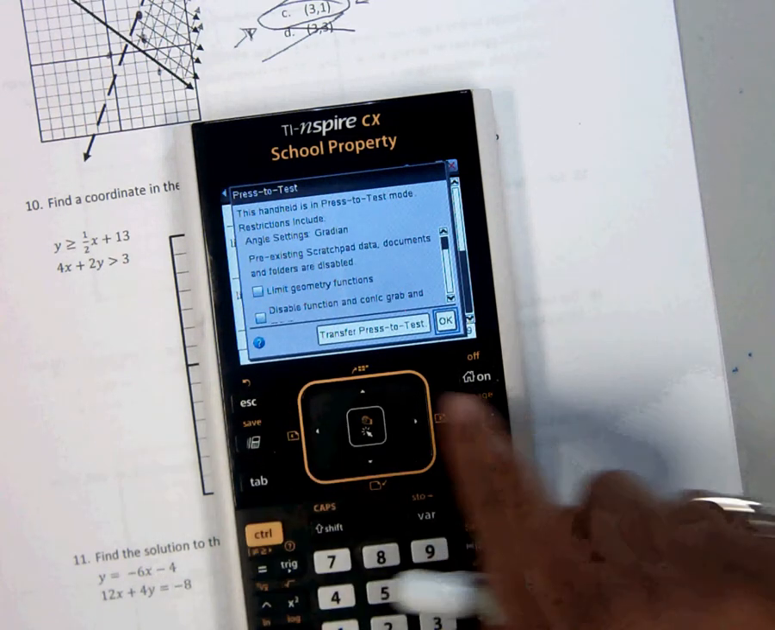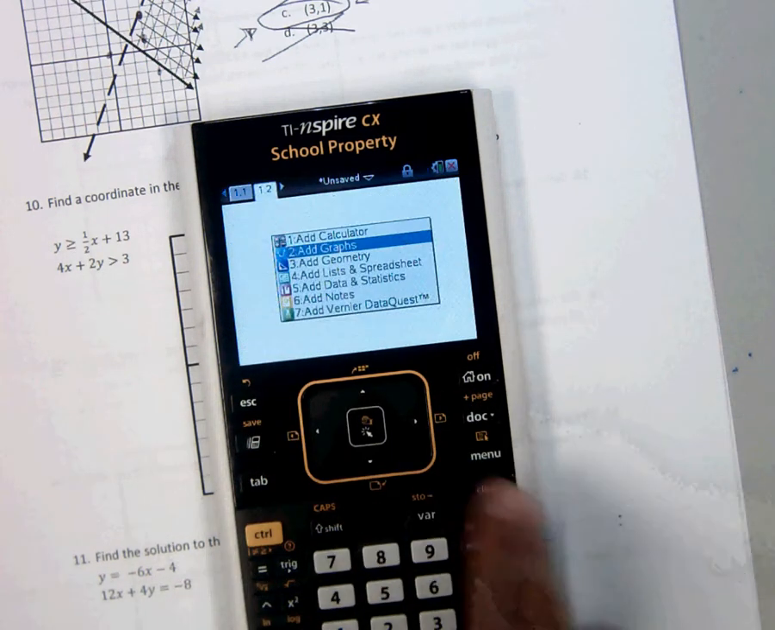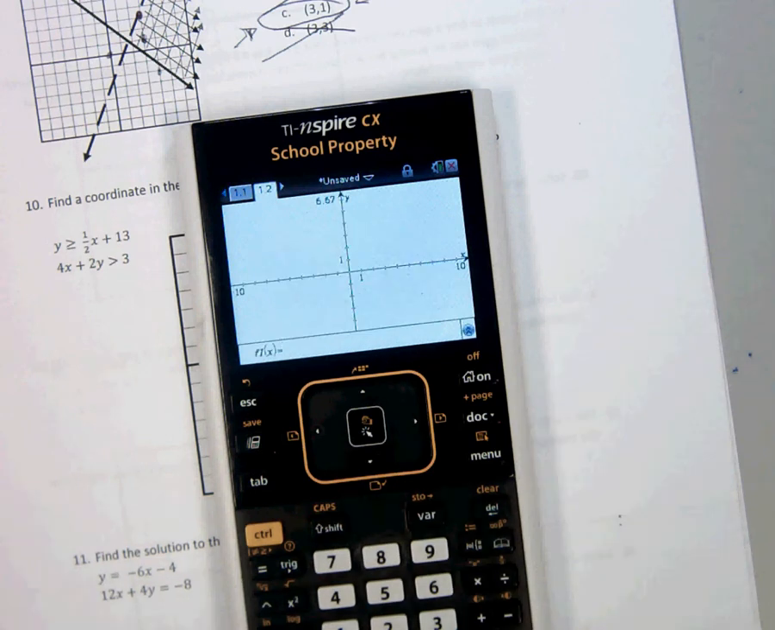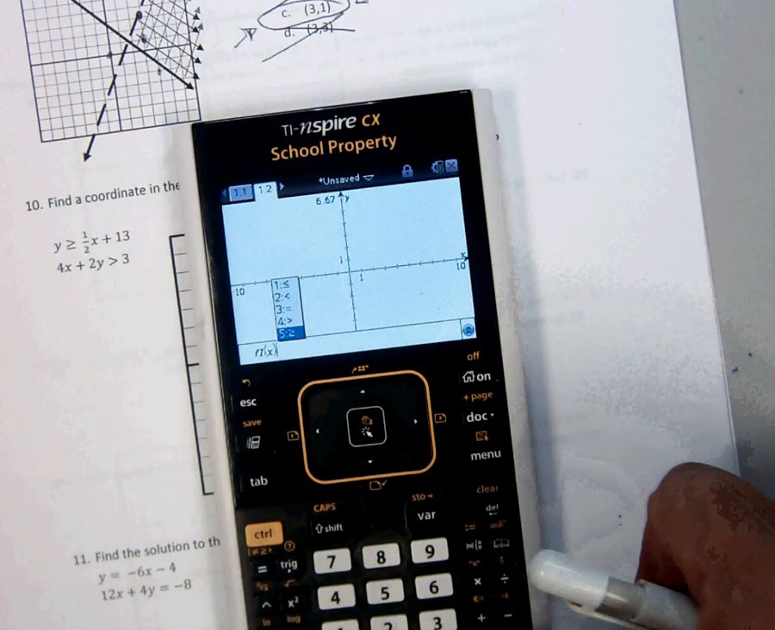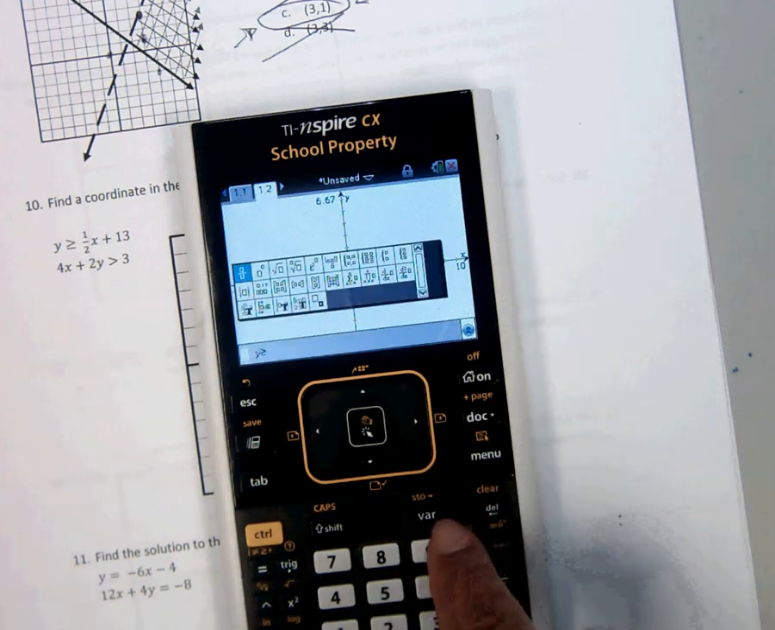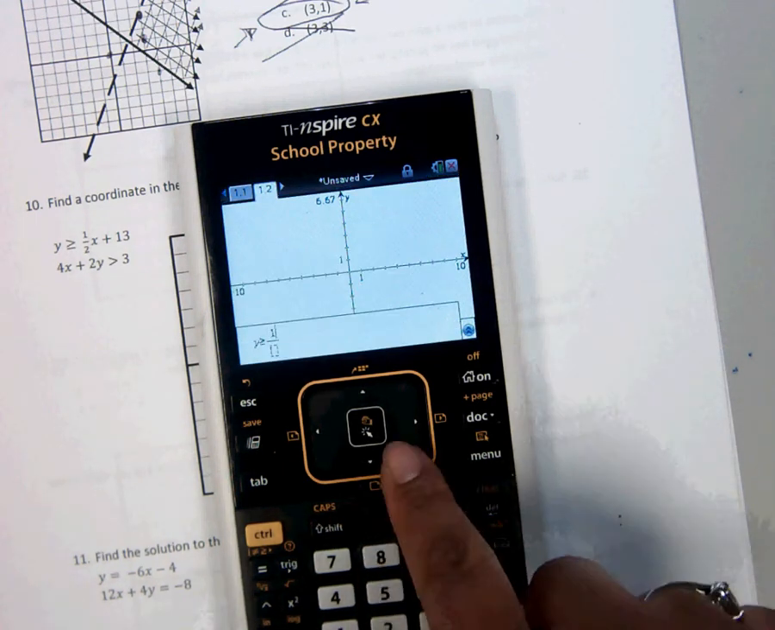Control doc and add a graph. And delete the equal sign. Let's put a greater than or equal to. Let's put 1/2